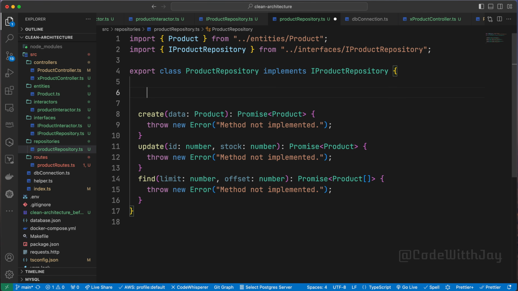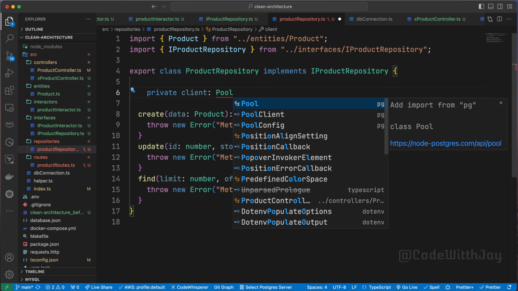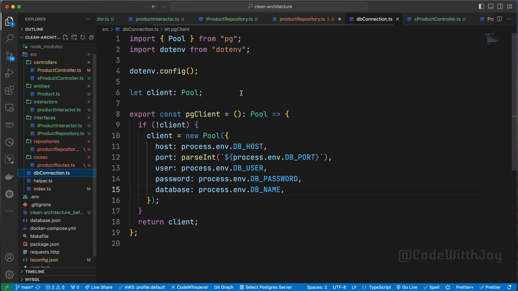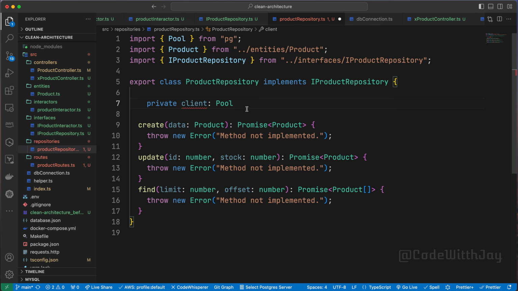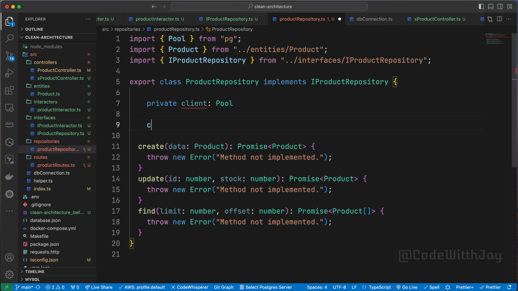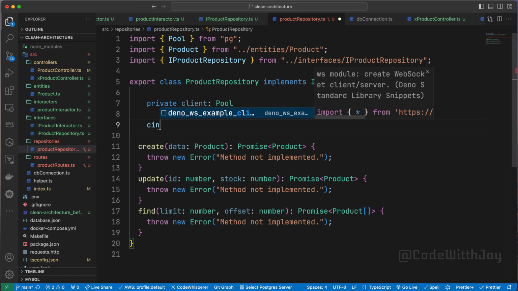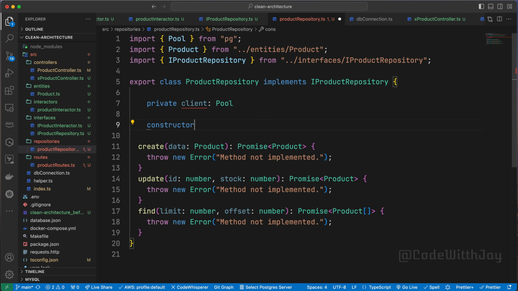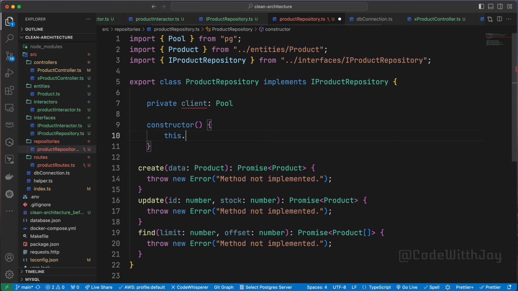First of all, let's create one private variable, private client, and client will be a kind of Pool. It has already been declared right here in the DB connection. Can you see this is a kind of Pool, right? It's a client as a kind of Pool. So this is exactly what is needed right here in the database also. So for this Pool, we will say constructor,